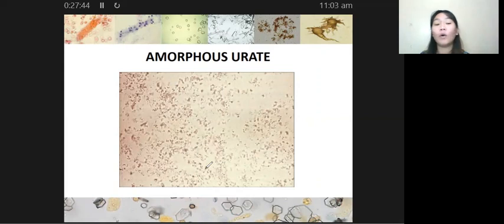Okay, so if I'm not mistaken, nabanggit niya na in order to differentiate your amorphous urate from your bacteria, yung bacteria natin ay gumagalaw. Kasi sometimes medyo parehas sila ng shape ng morphology, okay? And so, ang basis natin doon ay yung movement ng ating bacteria. So, of course, si amorphous urate, hindi siya gumagalaw. Si bacteria, gumagalaw po sila. Okay? Ang cute nila, nagtatumbling-tumbling doon sa ating urine sample. Alright? So, that is for your amorphous urate.